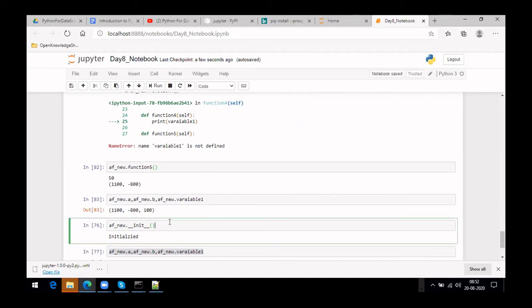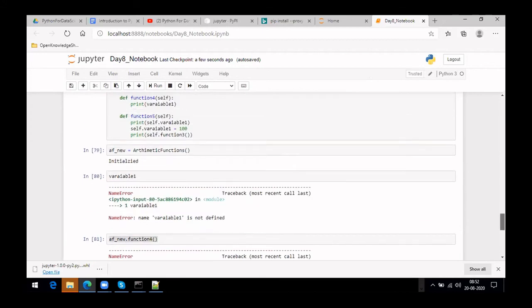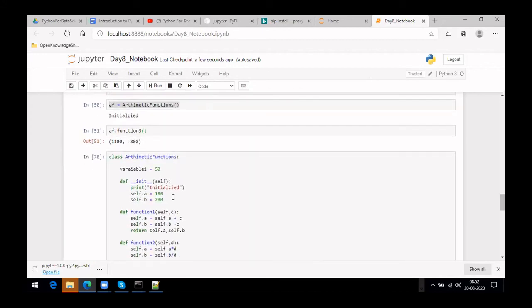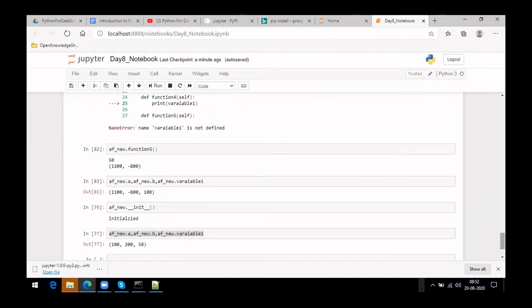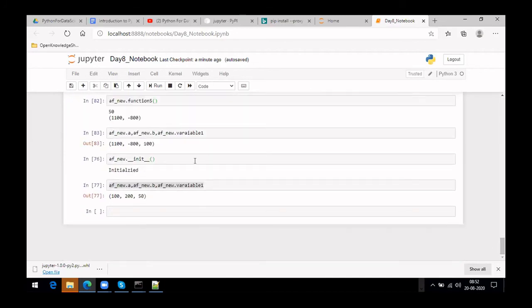Now what we are trying to do is run the init method, which will be running only this, right? Our intention is to check whether variable 1 will change to 50 again or will it remain 100. So let's see that. Let's check these three values.